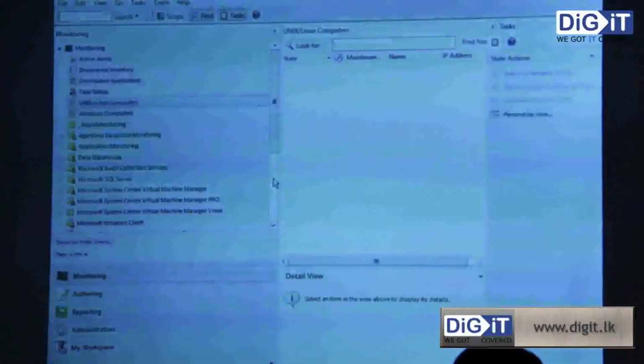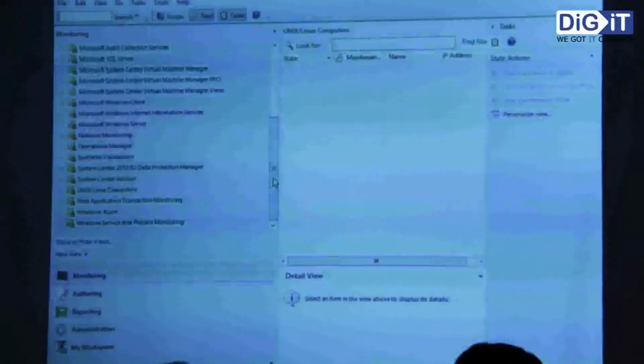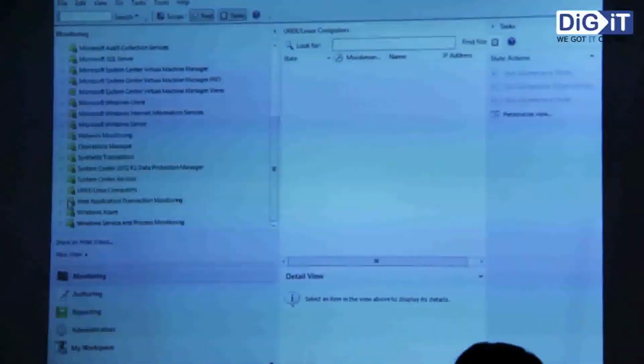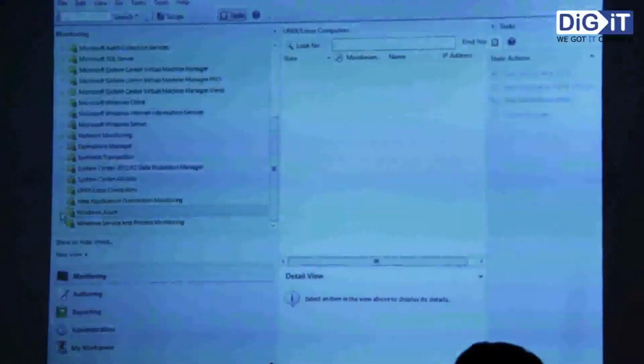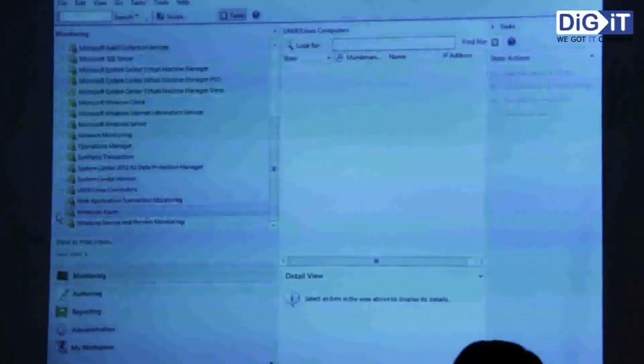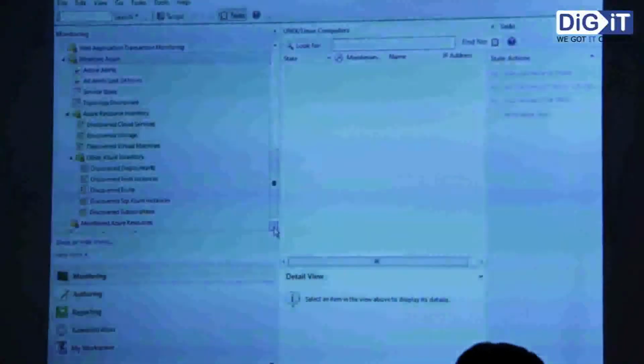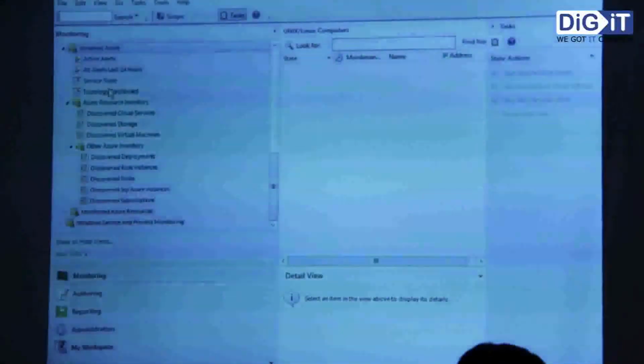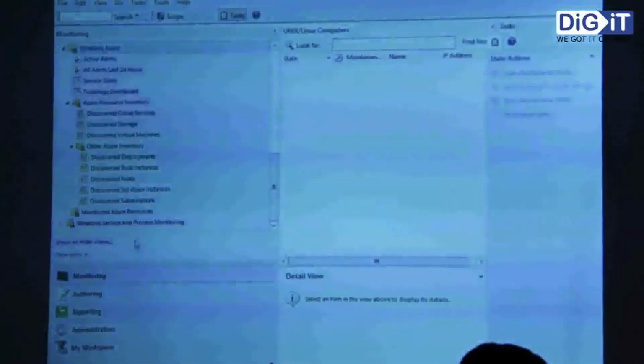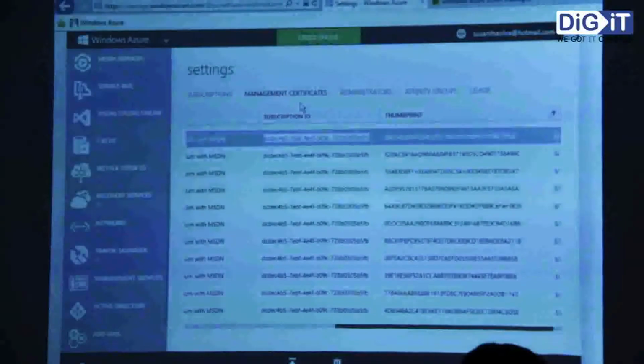So this is a product where you can go across non-Microsoft as well. But coming back to my basic concept, once you install the Windows Azure management pack, you get a folder, Windows Azure. Inside that, you can see all the rules and monitorings available. Now, if I go back to my Windows Azure console,